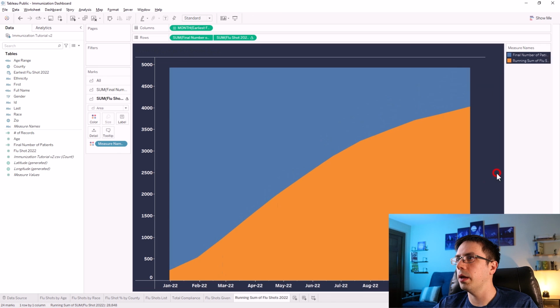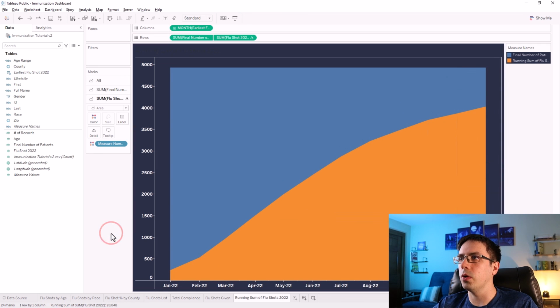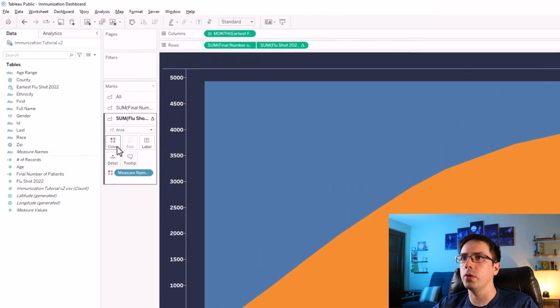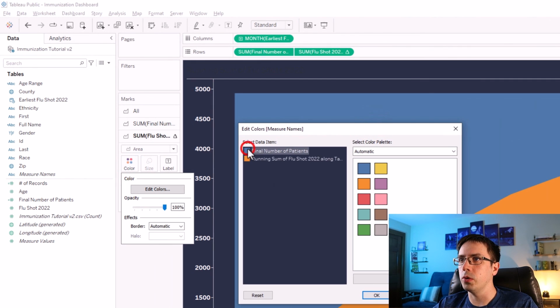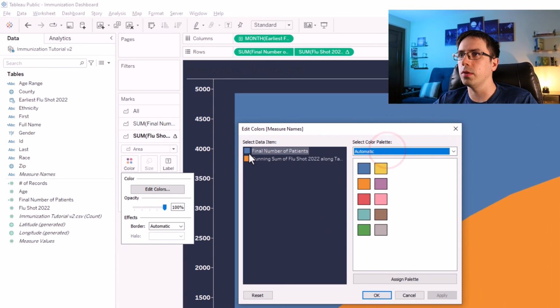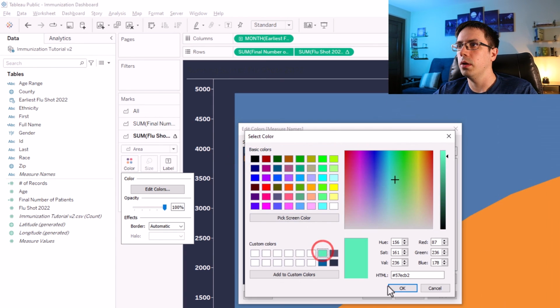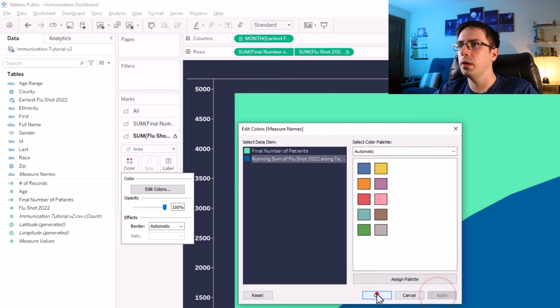Now I can hide that header. Colors are still weird, so I'm going to go to the color here, edit colors, and I'm going to give this square in the background that mint color again. So double click here, go to this, double click here, pick this color here, I'm going to apply,